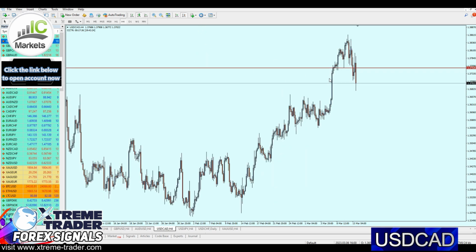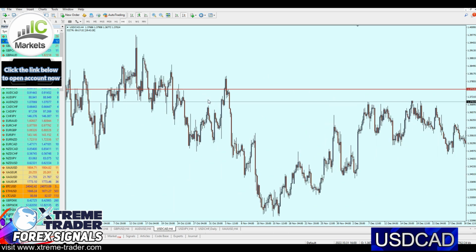As we can see right here, this was of course the real level of resistance, and if I scroll to the left side, this was of course, my friends, a real level of resistance as well, and this right here was a fake breakout. Actually we had multiple attempts of a fake breakout, but however we will use this level of resistance at